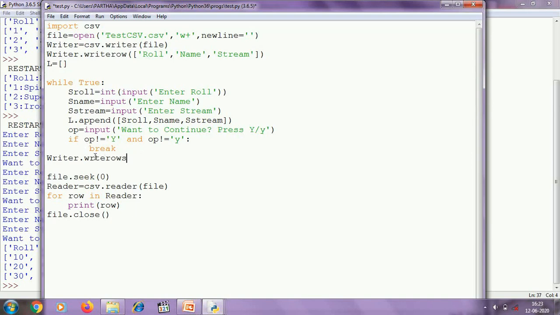Using the writerows method we can write multiple records using a list of lists. That means you need to use an iterable object whose elements are also iterable objects. Let's see the output.